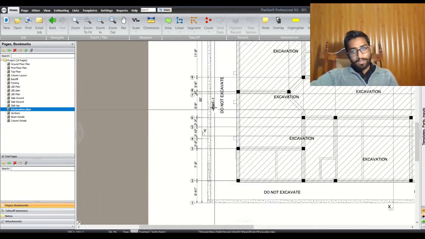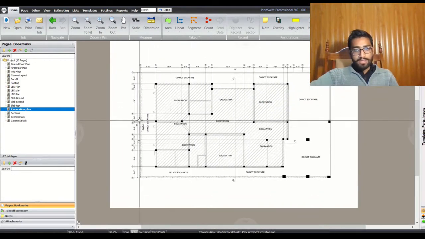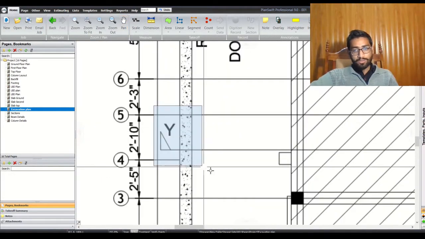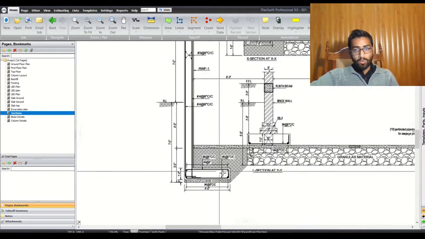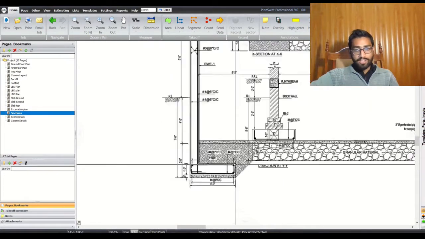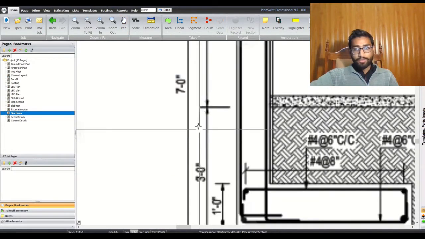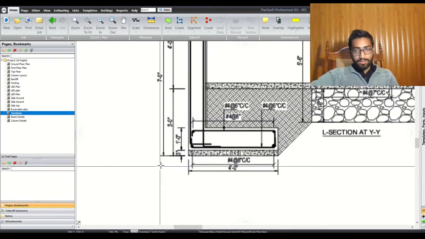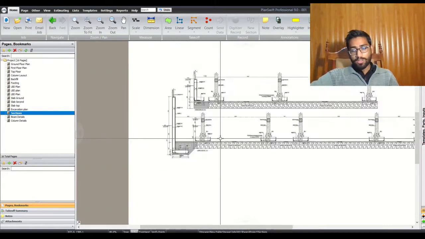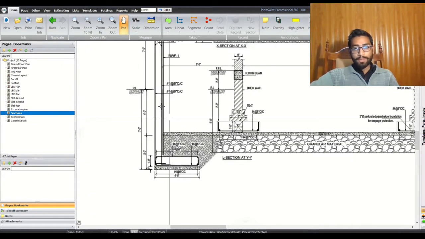So we have seen section XX, now we move to section YY. Here we have the retaining wall, and that section is cut through the retaining wall, section YY. If I go to section YY, we need to go 7 feet down. That means we are going even deeper for this foundation than the building foundation. So the retaining wall footing is 7 feet down, and the other side is 5 foot 6 inches down.